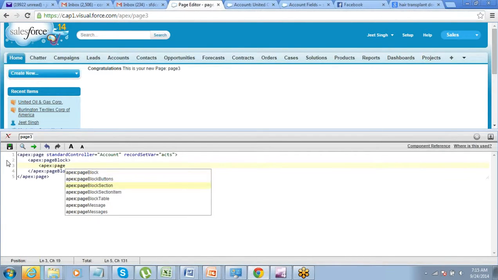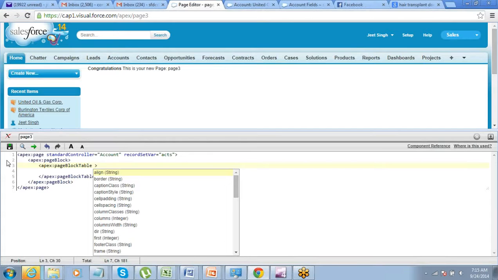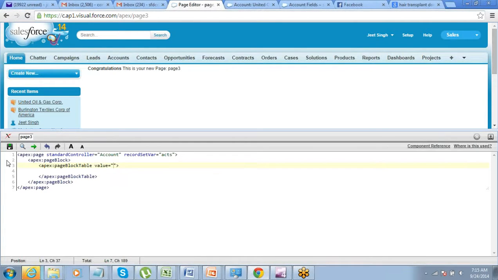So there is this component called Apex page block table. In that component you will just have to define two attributes. For a page block table component, there are two attributes which are required. One is value. So what data you want to display in the table? I want to display this, because this is the variable used for defining the set of records from this object, right? So you just have to go and say this, that this is what I want to display inside the table. And there is another variable that you have to define here, which will stand for this.